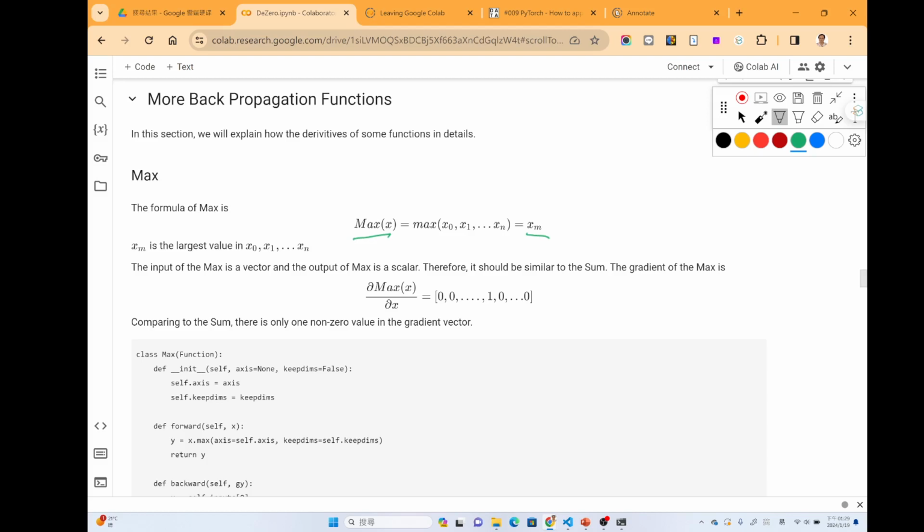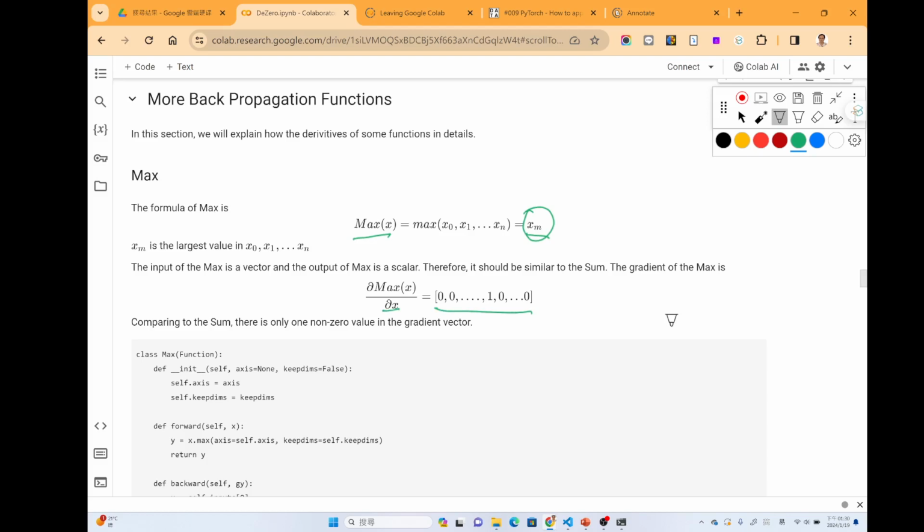You may notice that max of x is not a vector but a scalar whose value is xn. And x is a vector, so the result is a vector whose shape is the same as x. That's the first thing.